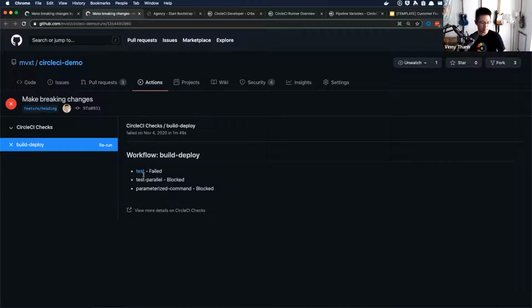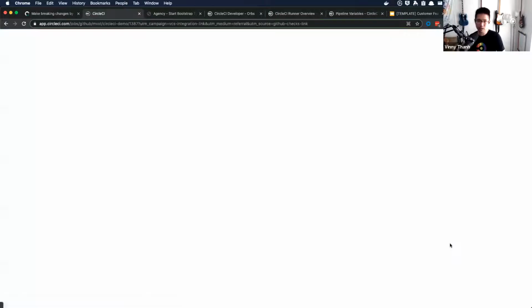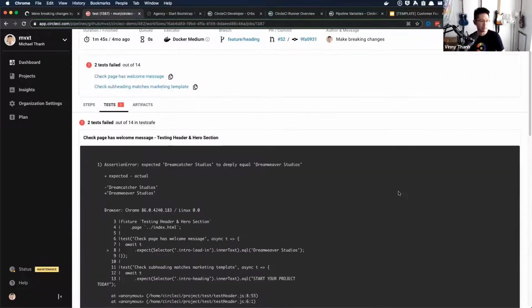You can see here, let me zoom in a little bit, that one of my jobs failed and subsequently a couple of downstream jobs were blocked from running. So if I go ahead and open this job here, I'm taken to what's called the job details page